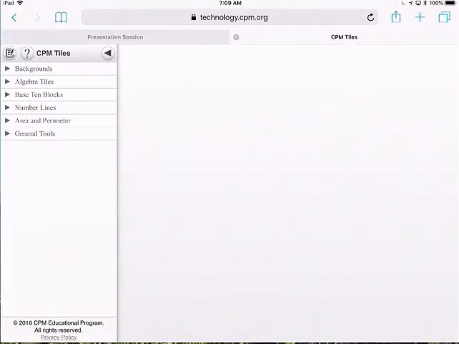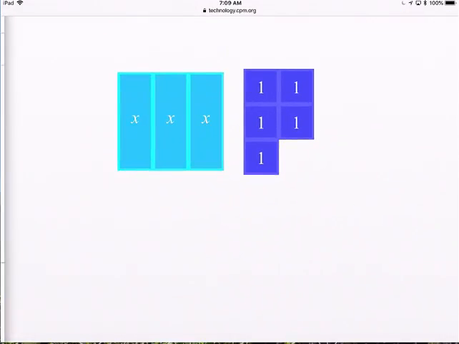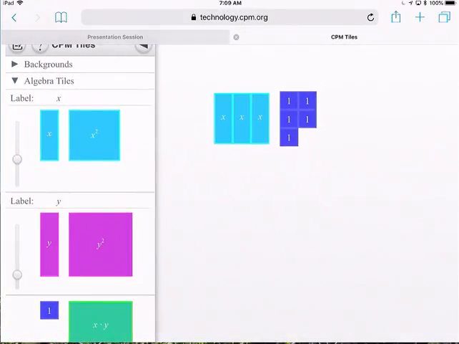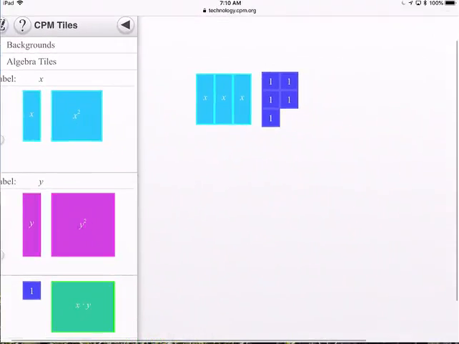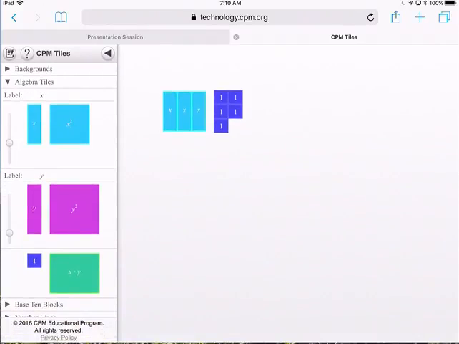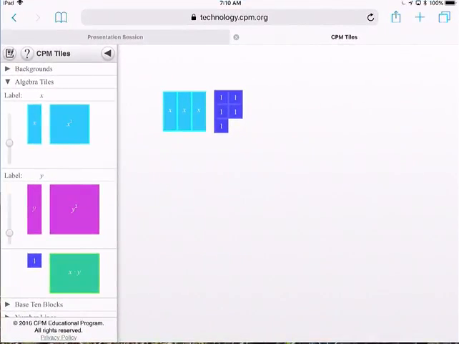So I'm going to get my algebra tiles, and if I have 3x tiles and 5 ones, there are my algebra tiles. I have 3x plus 5, but what did we say? Was it 2 groups or 3 groups? 2 groups. We have 2 groups of this, so I'm going to take this one group of 3x plus 5. I'm going to take that group and make another one exactly like it. So now I have 2 groups